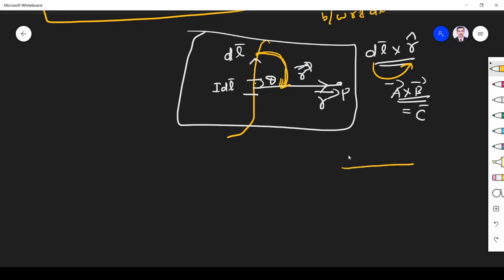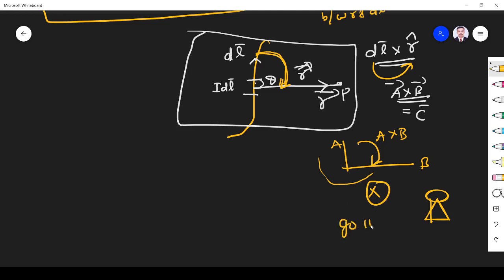So when you go from clockwise direction, that is, it is A, it is B. If you A cross B means you are going clockwise. When you rotate clockwise, what will happen? The resultant thing will go inside the screen. For example, you take your water bottle, right? And rotate the cap in the clockwise direction. What will happen? It will go inside the water bottle. If you rotate your water bottle cap anti-clockwise, it will come out.